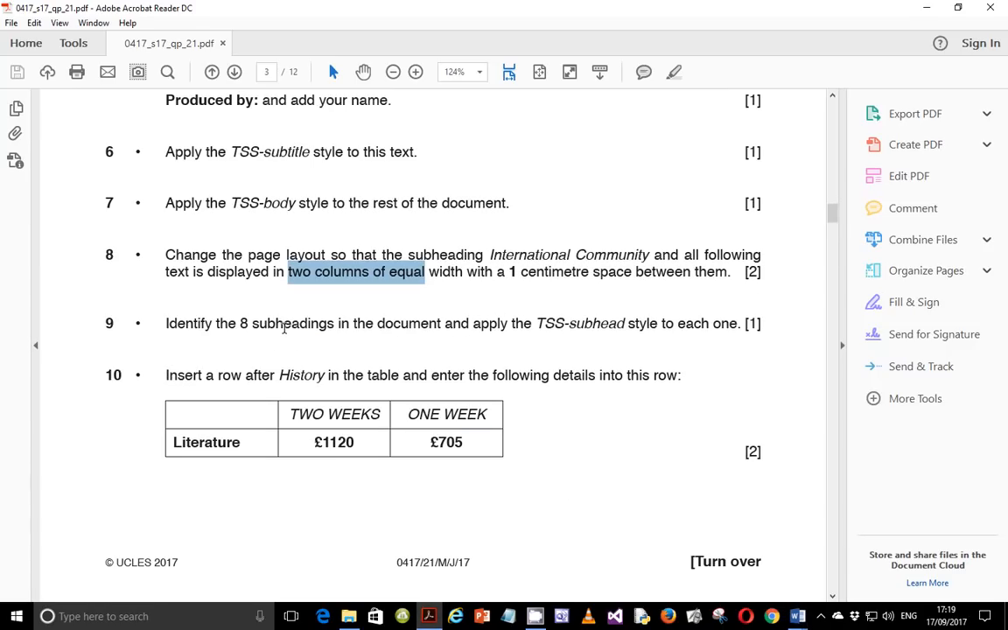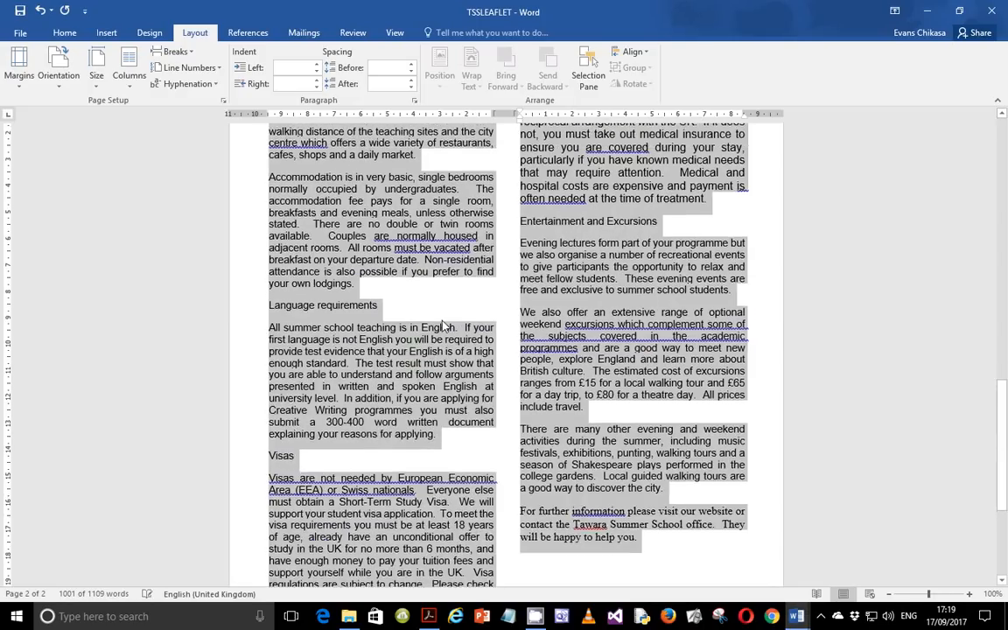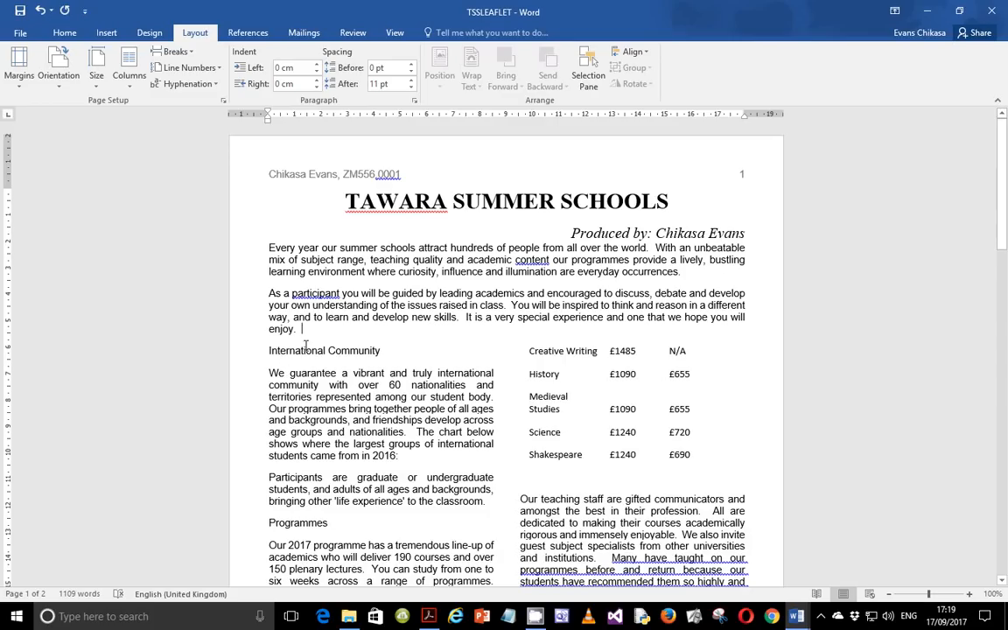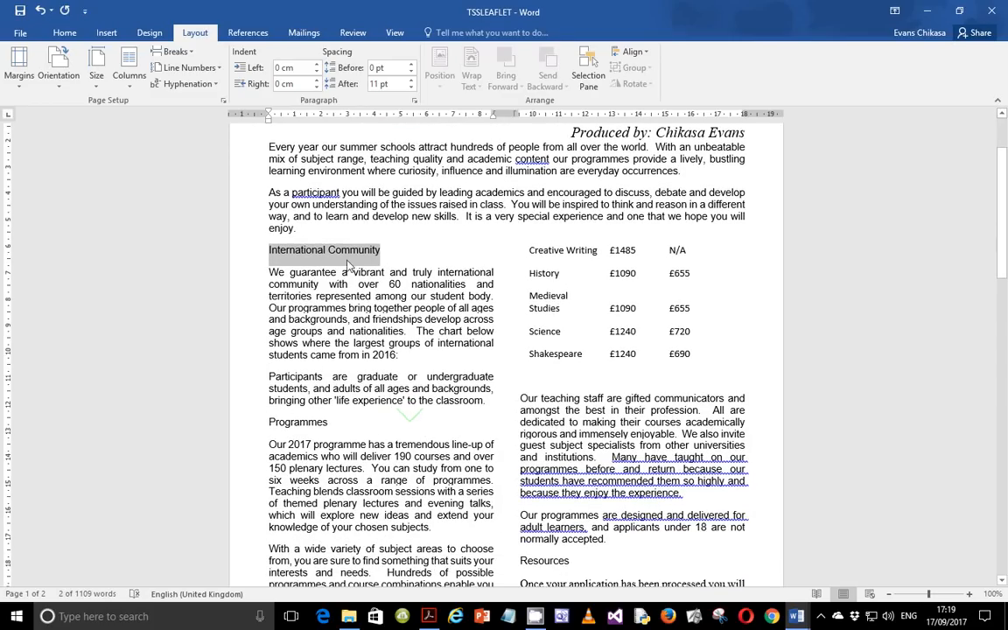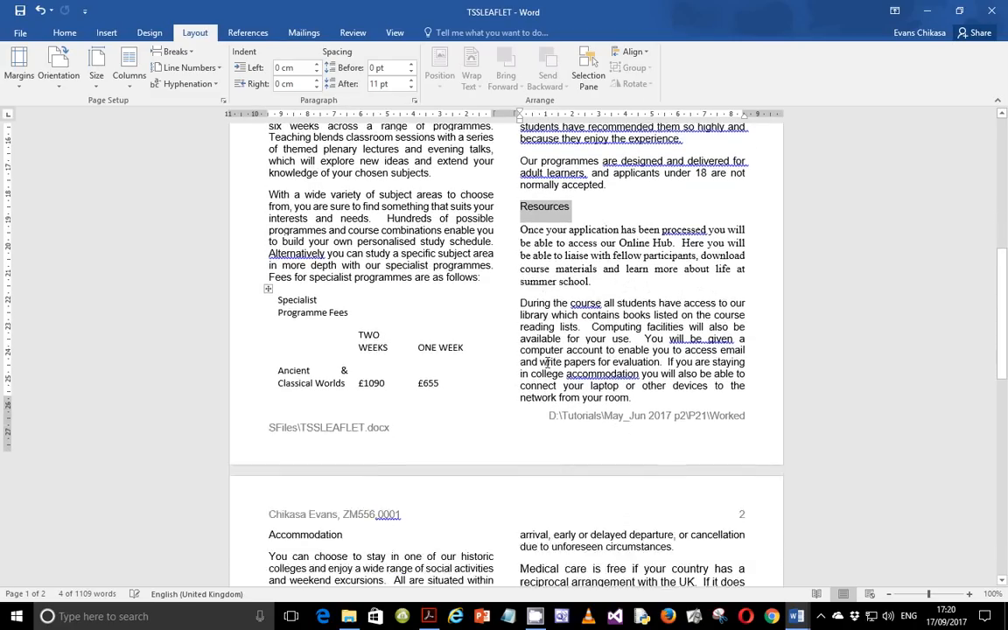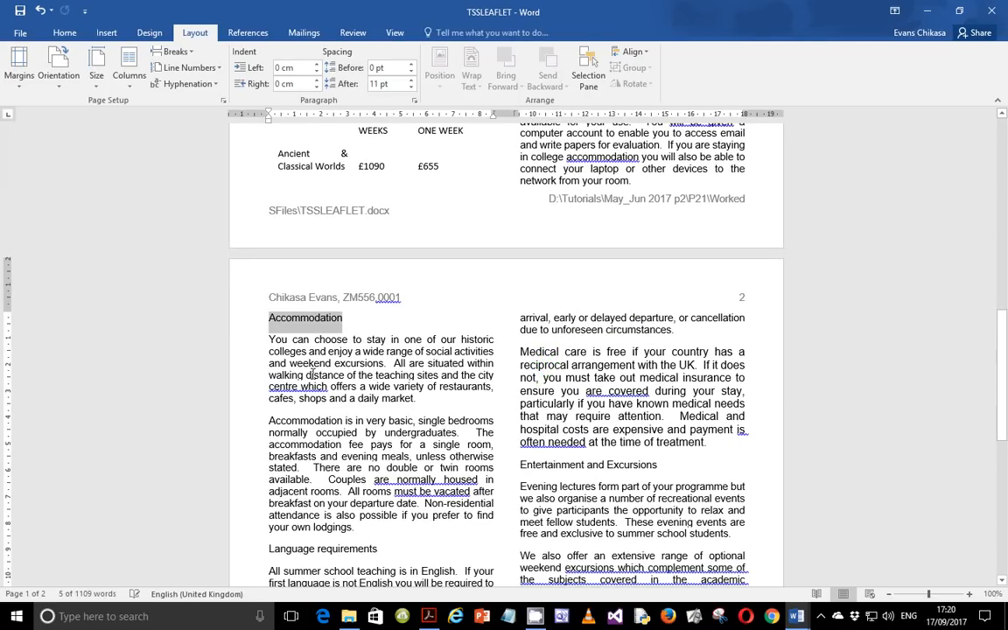Identify the 8 subheadings in the document and apply the TSS subhead style to each one. Okay, so there should be 8 of them. So let's go ahead and look at some of them. You can tell that this is a subheading because it is the only phrase or text that is isolated. So this one here, International Community, hold control on your keyboard and double click on programs, double click on resources, also double click on accommodation, double click on entertainment and excursions,